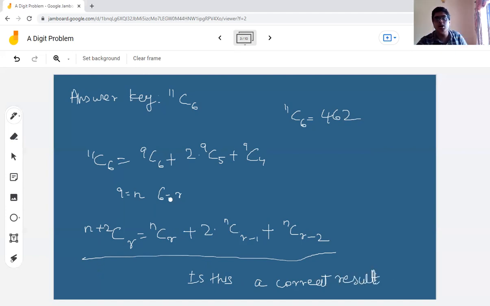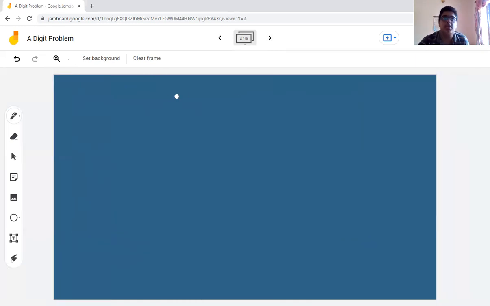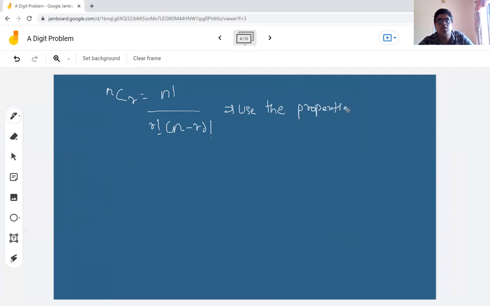Now, of course, you could attempt proving this by using the familiar formula for n choose r, that is n factorial by r factorial times n minus r factorial, and use the properties of factorial. So that's the standard algebraic way. But the thing is, it's going to become very complex algebra. I myself tried this, so I'm telling. I tried to use this formula and properties of factorial, but it became